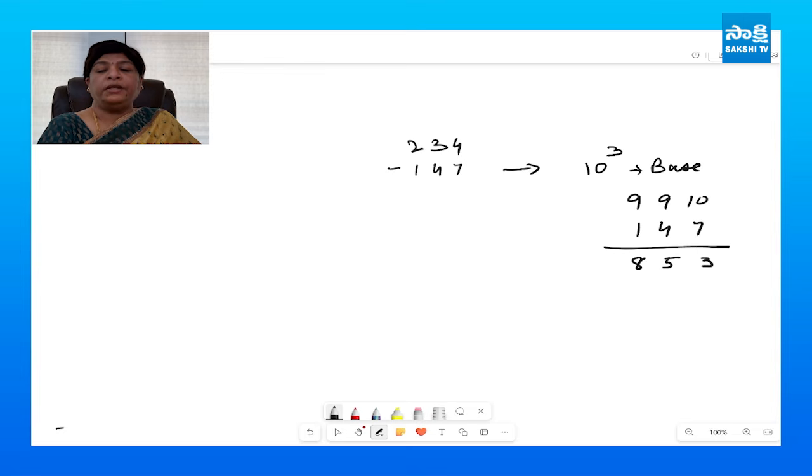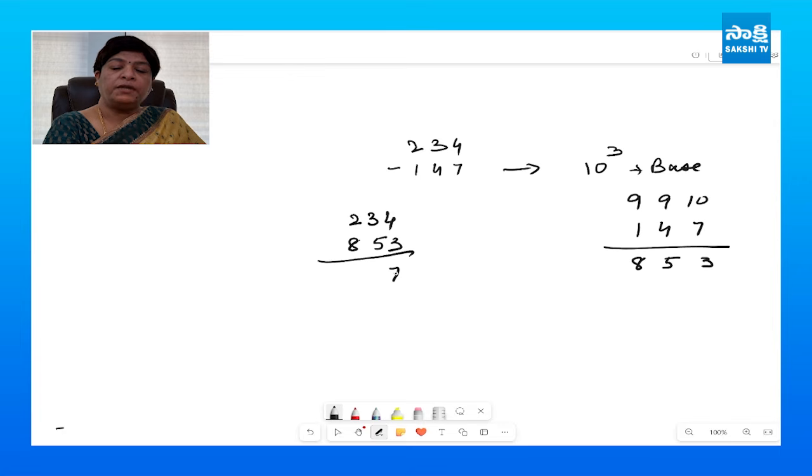So 853 is the Nikilam for 147. Finally, we need to add 234, the positive number, with the Nikilam we just found, which is 1087. And the last step to get the result is to subtract the base, which is 1000, from the sum we just calculated,